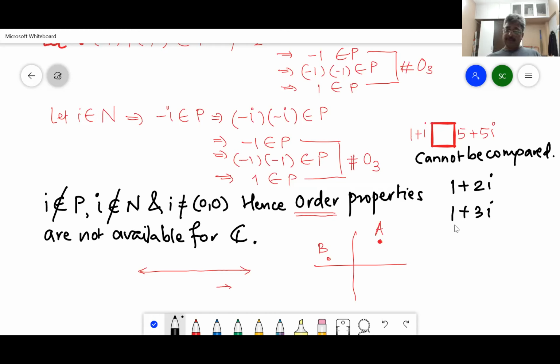No, sir. Because if we subtract them, we don't know whether i is greater than or less than 0. You are not entering this business of writing greater than or less than for complex numbers.